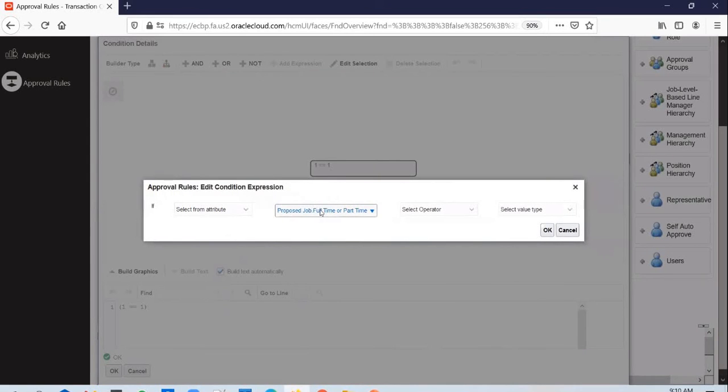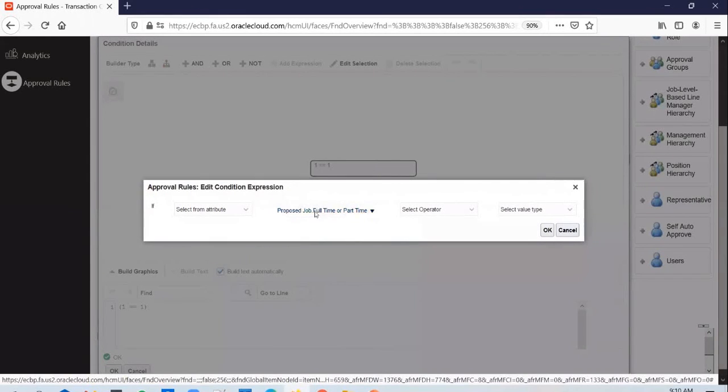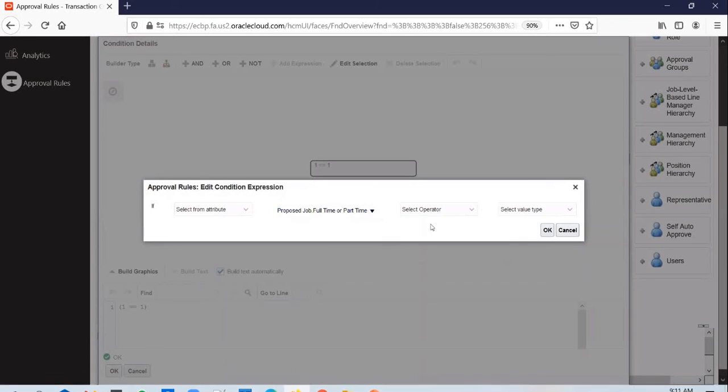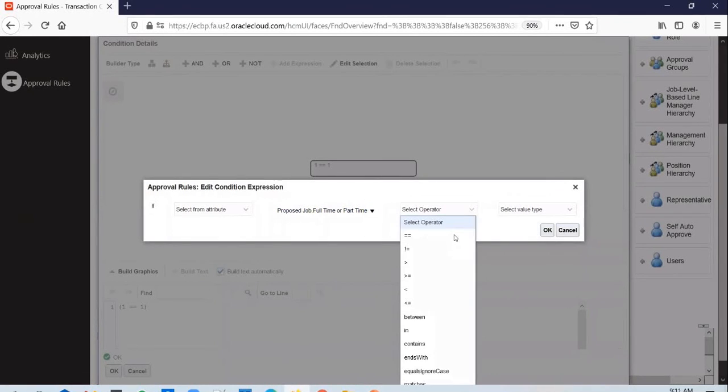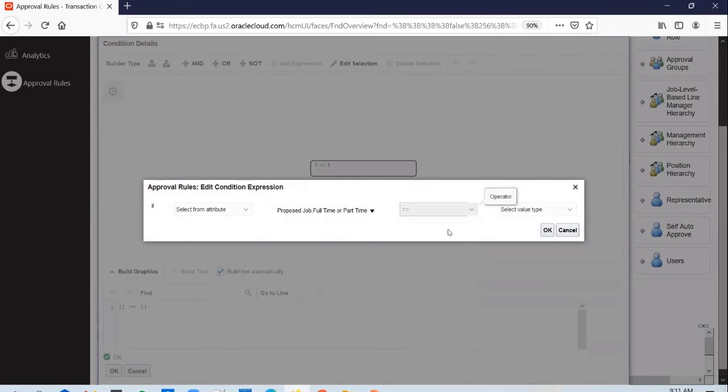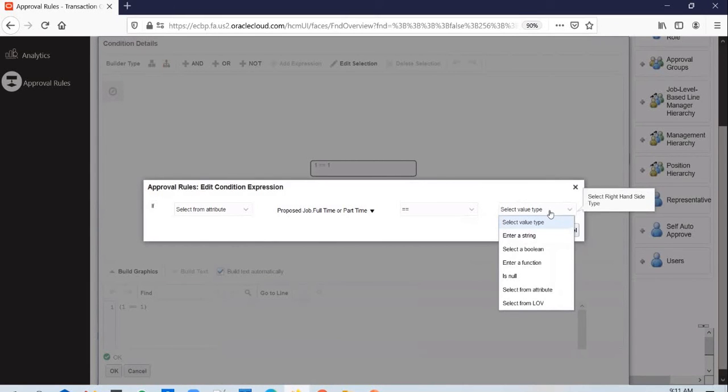So this is a way of accessing what user has filled in that full-time or part-time option on the proposed job. What did he pick up? Did he pick up full-time or a part-time job? And we need to check if that is equal to full-time, or if the user has selected full-time in this drop-down when he created the job. So when he created the job, if he has selected full-time or not, we are verifying here. So how do you verify it? You can say enter a string and you can type in full-time there.